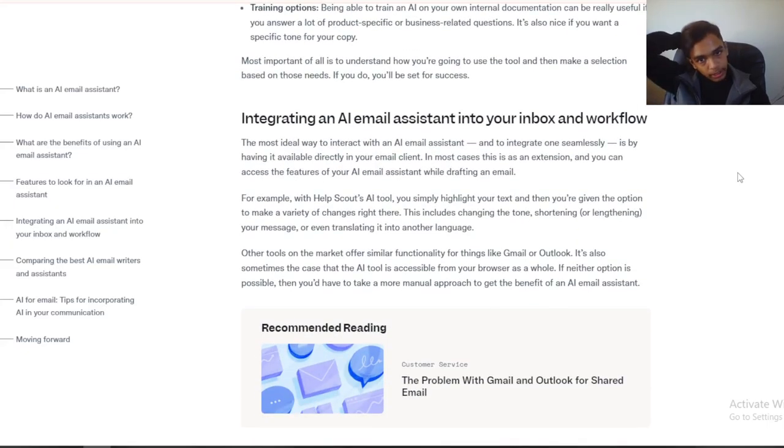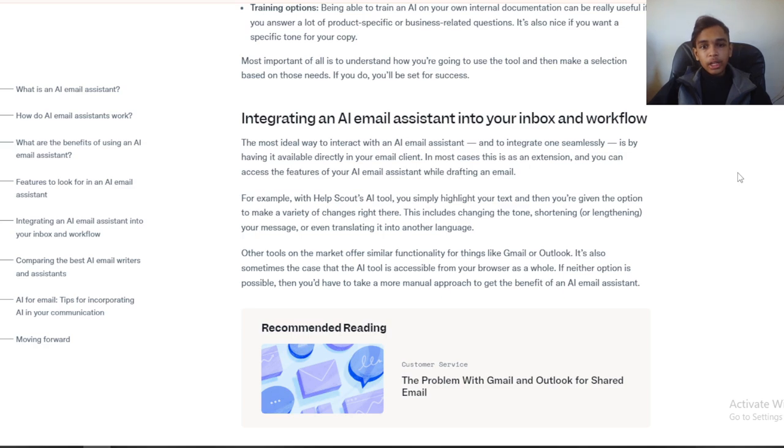Integrating an AI email assistant into your inbox and workflow. The most ideal way to interact with an AI email assistant and integrate it seamlessly is by having it available directly in your email client. As you can see in this extension, you can access the features of your AI email assistant while drafting an email.